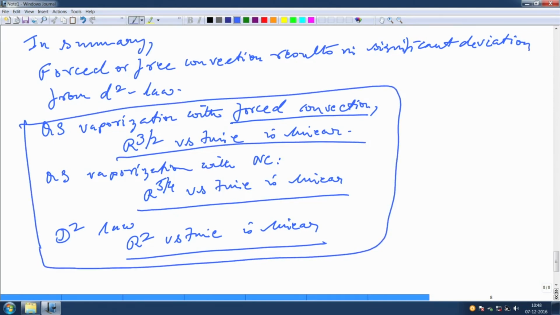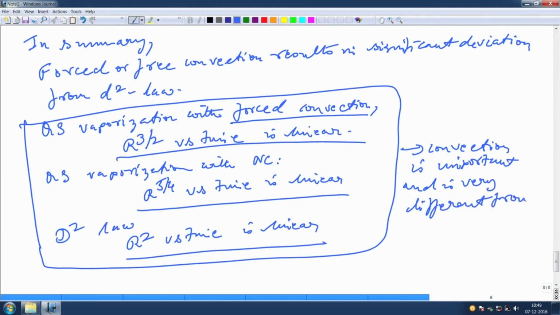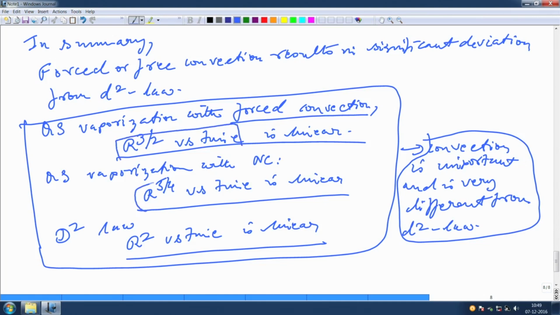The way of stating all this is that convection, in whatever form it comes, is important, and is very different from your standard d square law. If you recall the assumptions taken in d square law, you would find that the d square law is the simplest, and convection was the most complicated. So, during the course of these few lectures, we have gone from the d square law all the way up to convection, and we have shown that even from a global sense,